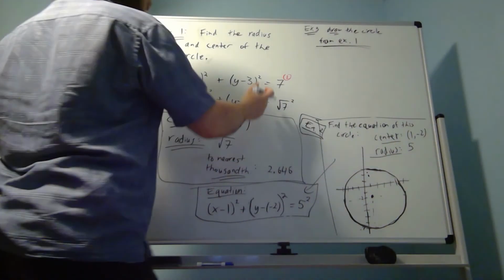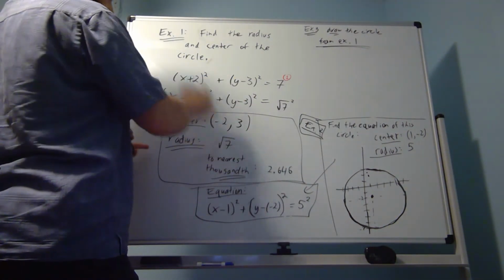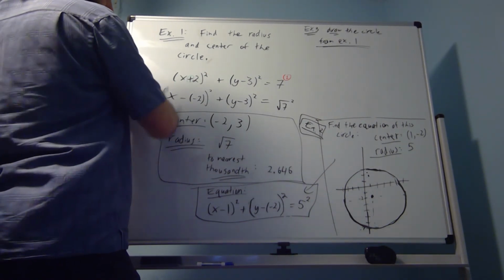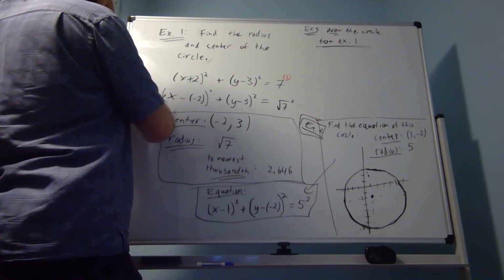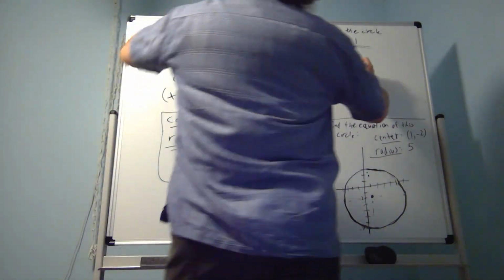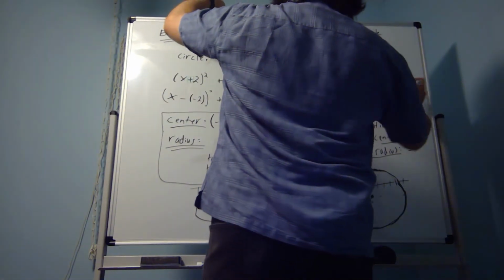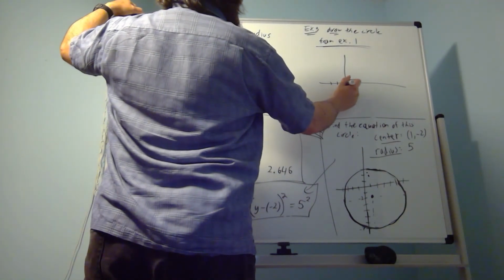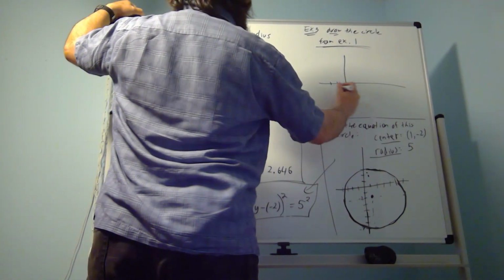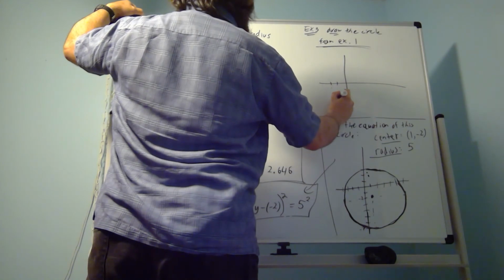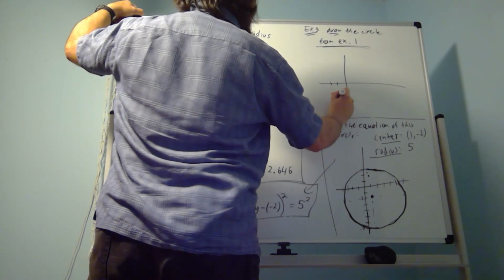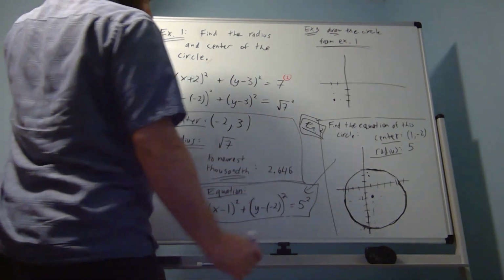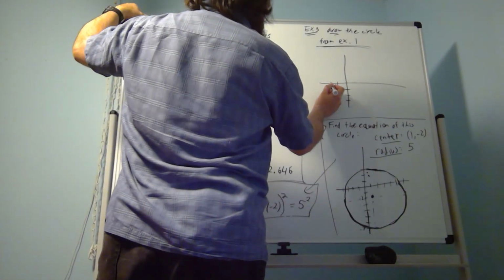So I want to reuse this. I've already figured out the center and the radius. Sure, if we started with this, we could do a little bit of algebra to get to here and then figure out what it is that we're drawing. But at any rate, we've got a circle with center -2, -3. And the radius is the square root of 7, which is 2.6 something. So